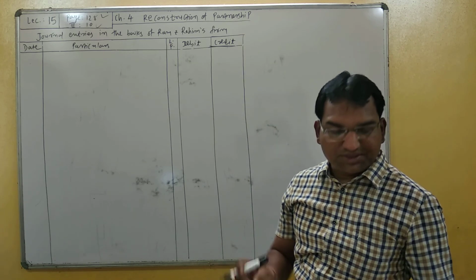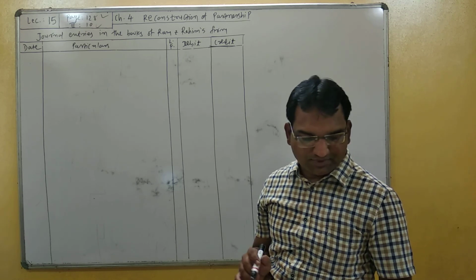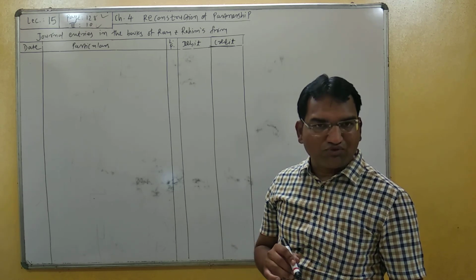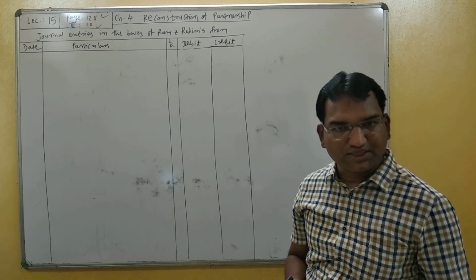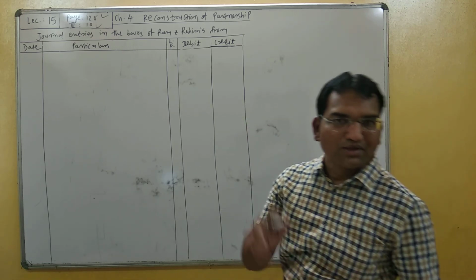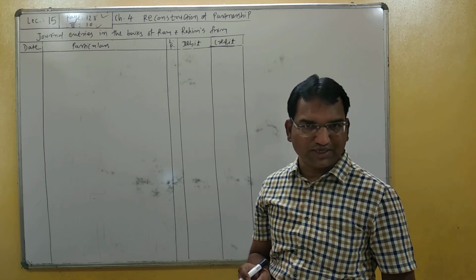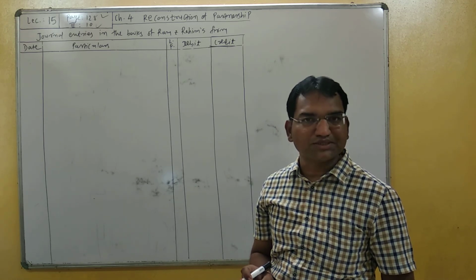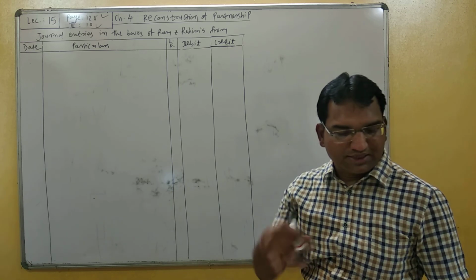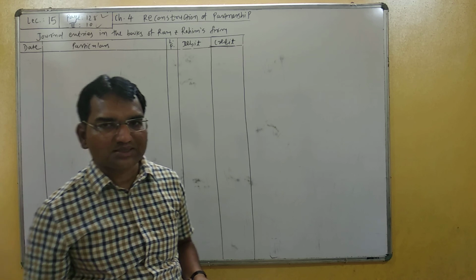Workman accident compensation fund is 26,000, right? And in the paragraph, a claim of rupees 5,000 is outstanding against workman accident compensation fund. So the claim is to be considered while making the journal entry of workman compensation fund. Let us start, one by one, the journal entries of reserve and surplus.